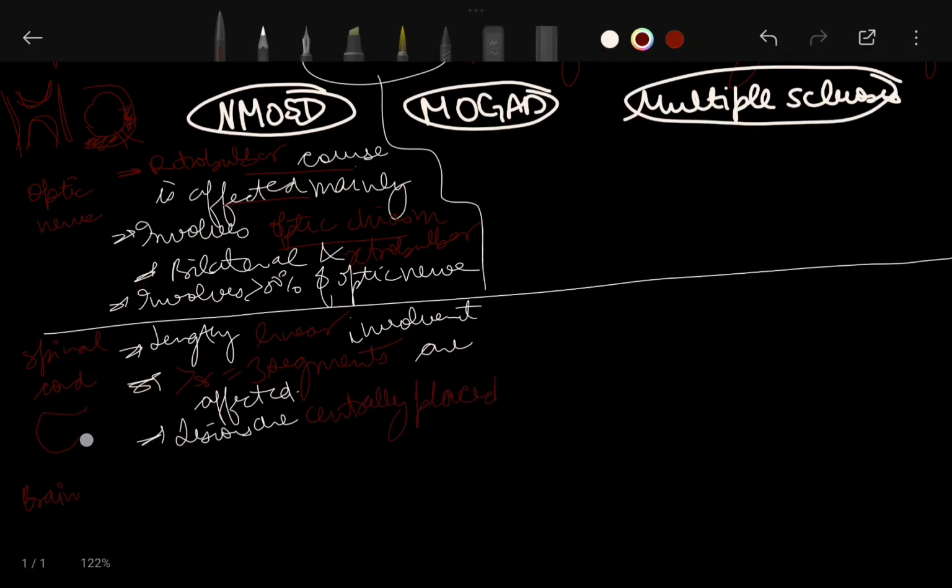For example, this was the course, this was the segment, the lesions are centrally placed. In spinal cord, lengthy linear involvement is there, more than or equal to 3 segments are affected, and lesions are centrally placed mainly, and it affects the